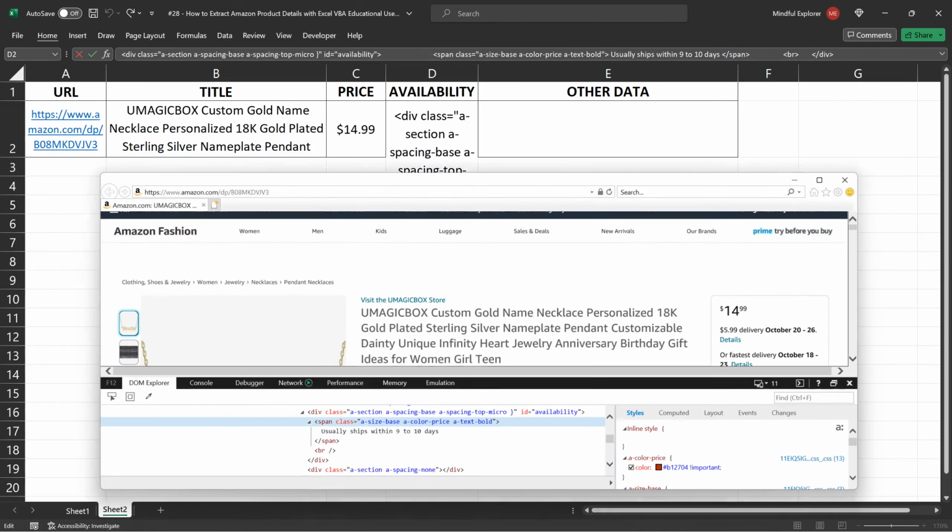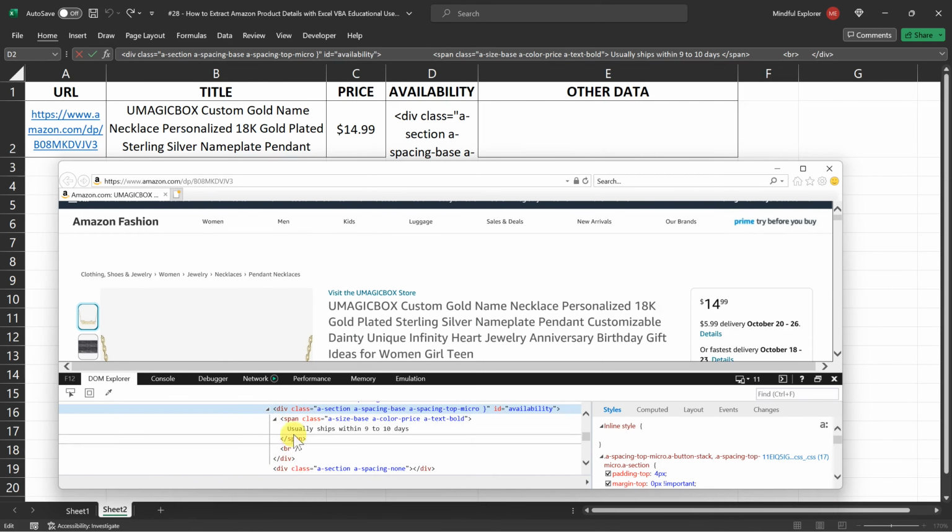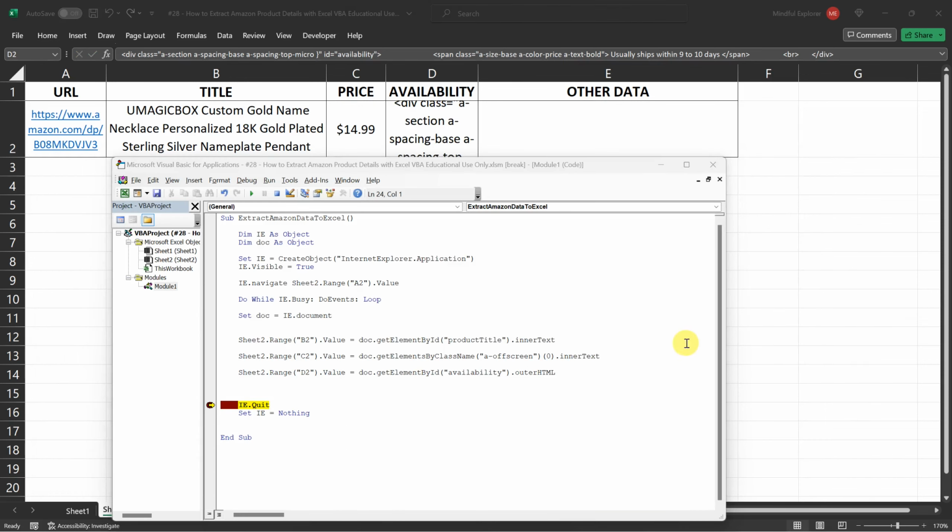As you can see, integrating this line into our code has enabled VBA to pull the entire HTML structure of the availability element, including the element's tags, and place it into cell D2 on our Excel sheet. With the .outerHTML method, we have plunged deeper into the web page's structure, extracting the full HTML of the element. This method, combined with .innerHTML, arms you with the flexibility to tailor your data extraction approach according to the specific